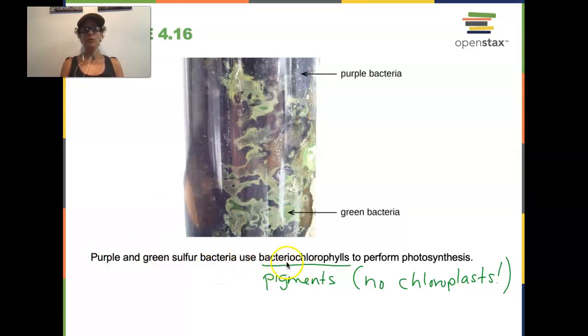They use chemicals called bacteriochlorophylls to do photosynthesis. They are prokaryotic, so they don't have chloroplasts, but they have inclusions that concentrate these pigments. The green bacteria have green chlorophylls. The purple bacteria have purple ones. And we put this in a window so that the sunlight allows these microbes to do photosynthesis and convert that sunlight energy into chemical energy that will feed the other microbes that are in here that cannot photosynthesize and need that